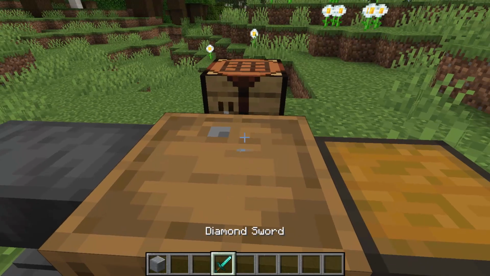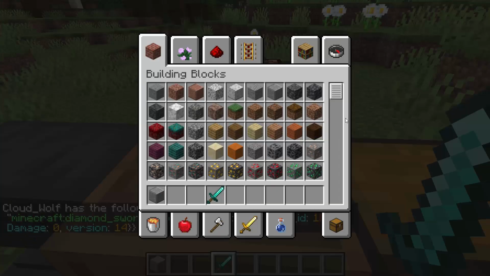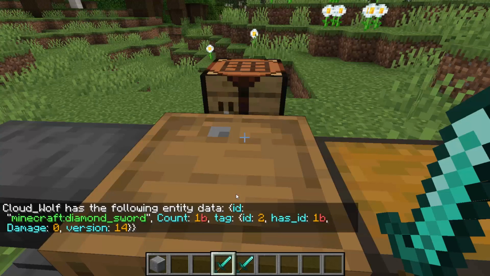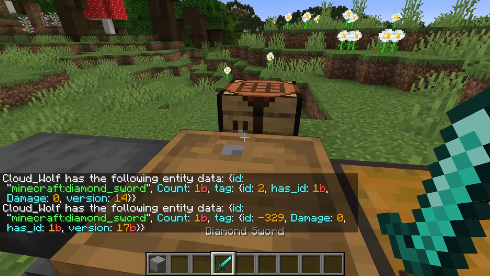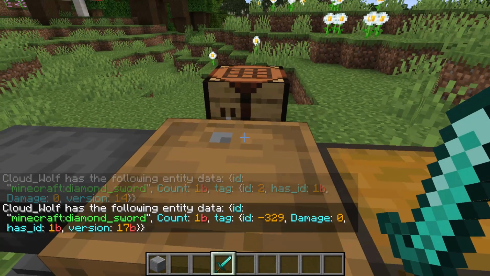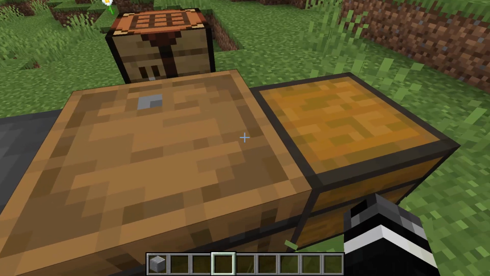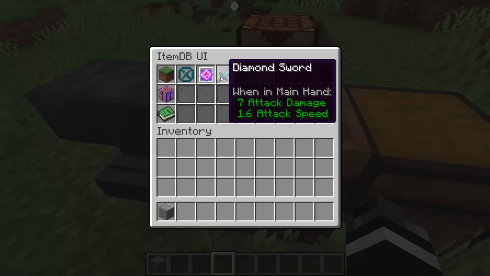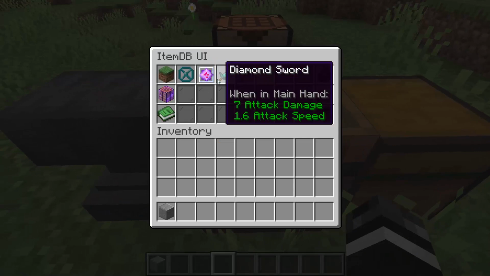So we can look at the ID of this diamond sword. It's not necessarily the same as a default diamond sword. A default diamond sword will still have a default diamond sword's ID number, which is -329, but this one has 2, and I would assume that you might have some other things. You can also see the version number is an integer, and it's a different number. It's not 17B, it's 14, and we'll go over that in a second. So I have this diamond sword, and I will put this diamond sword